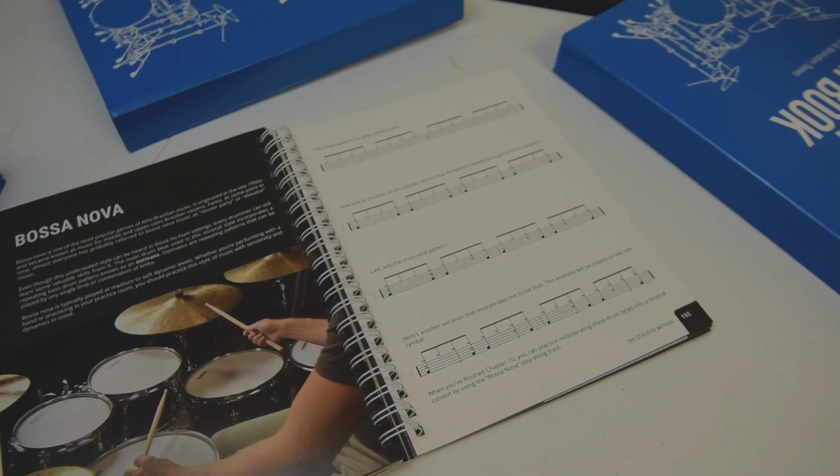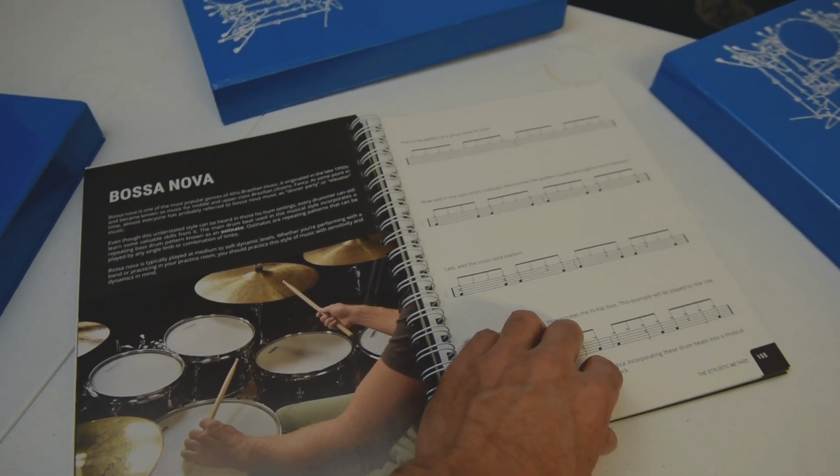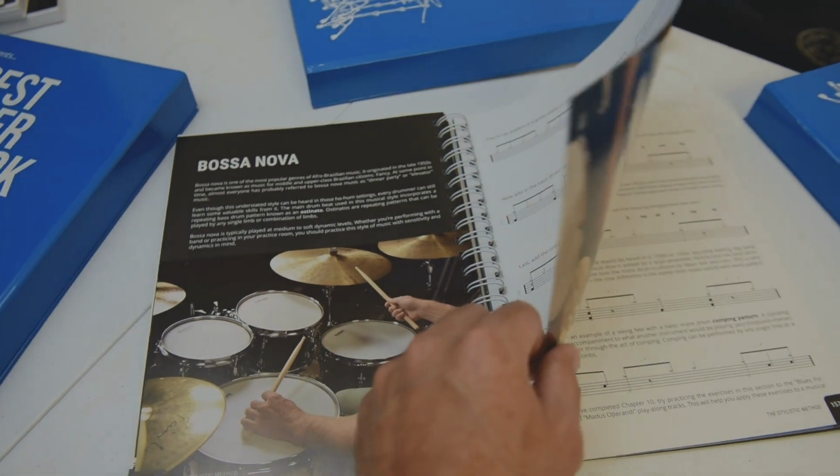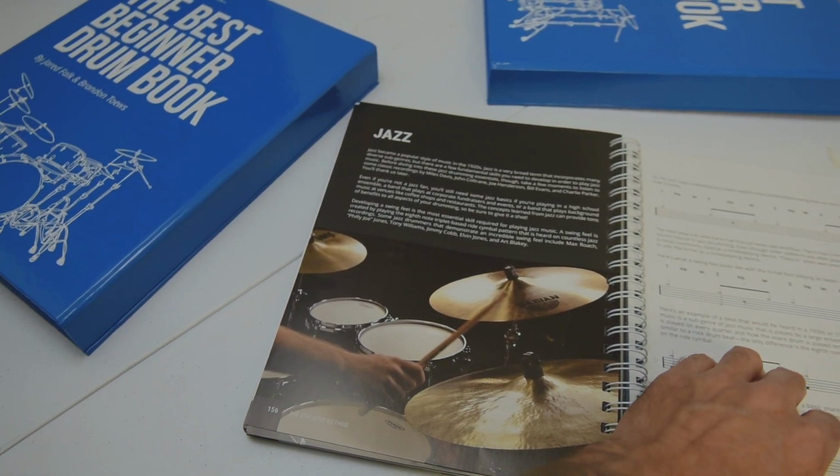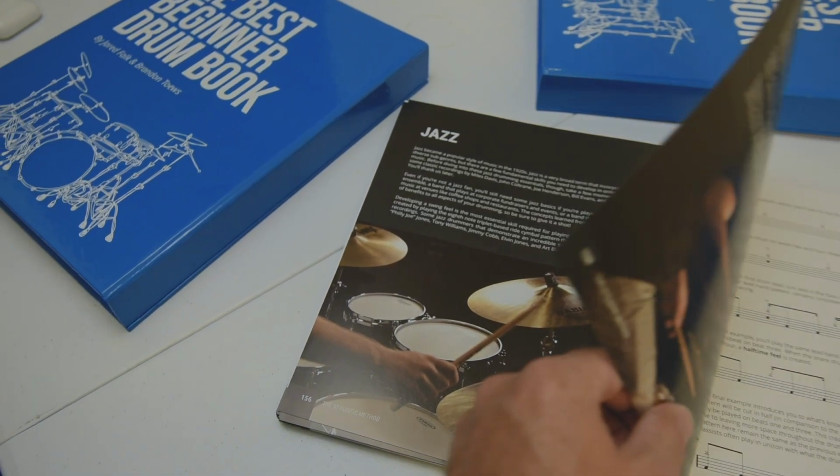I try to approach books like this from I'm not going to read all the chapters, I'm just going to go through it, and to get to that part after being overwhelmed with all these different ways to play, all these different exercises, because I'm skipping over half the chapters. I'm only telling you the ones that I really like the most, but to be real honest, I like them all. I think they're all fundamental, but these ones stuck out, and this one's more towards the end,